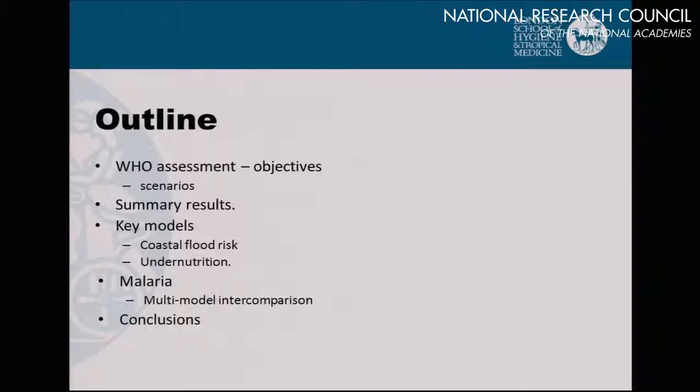I'm just going to talk about the scenarios, because that's quite key in how you frame your assessment, of course, and it does then lead to what outcomes and results you will get. So the framing is very important. I'll give you an overview of the results, and then I'll talk about a couple of the models that I think aren't going to be talked about in later detail. And then I want to introduce another thing that we did that is quite new in terms of the state of the art of the modelling, and this is the model intercomparisons.